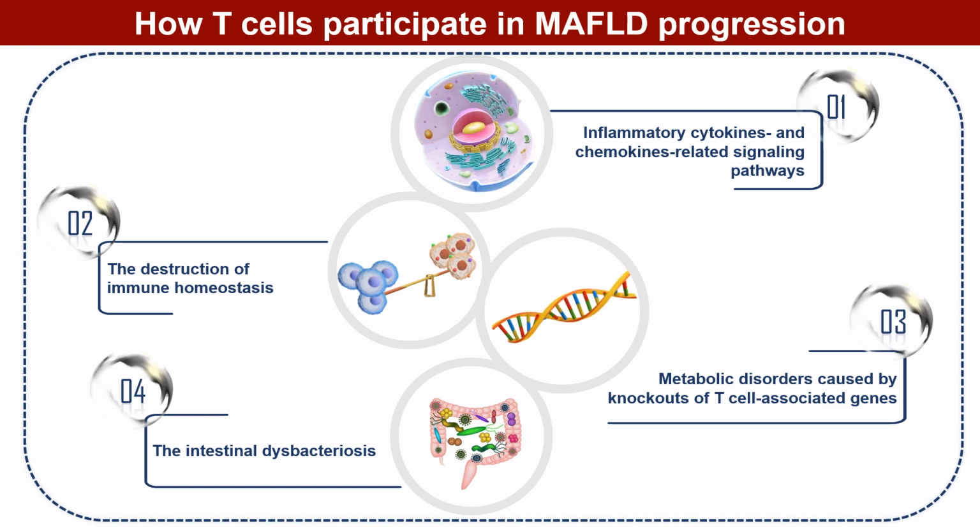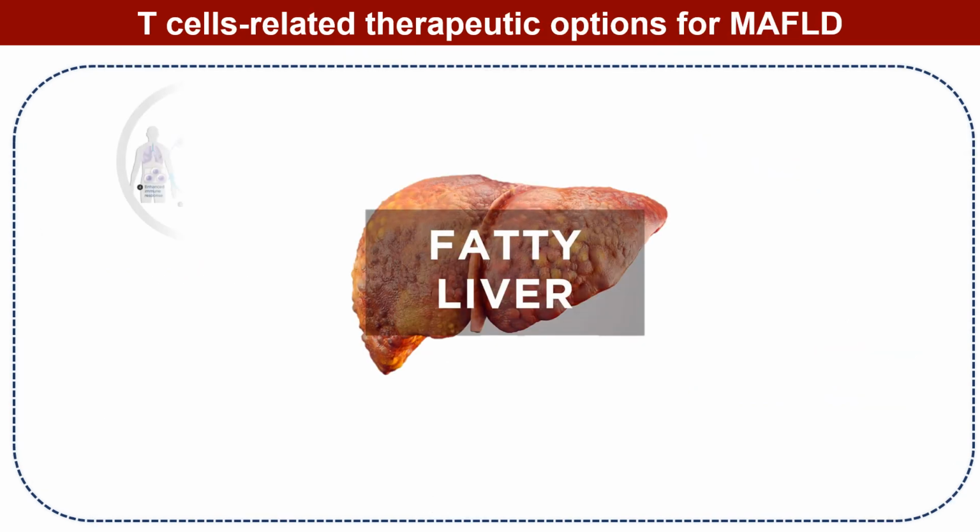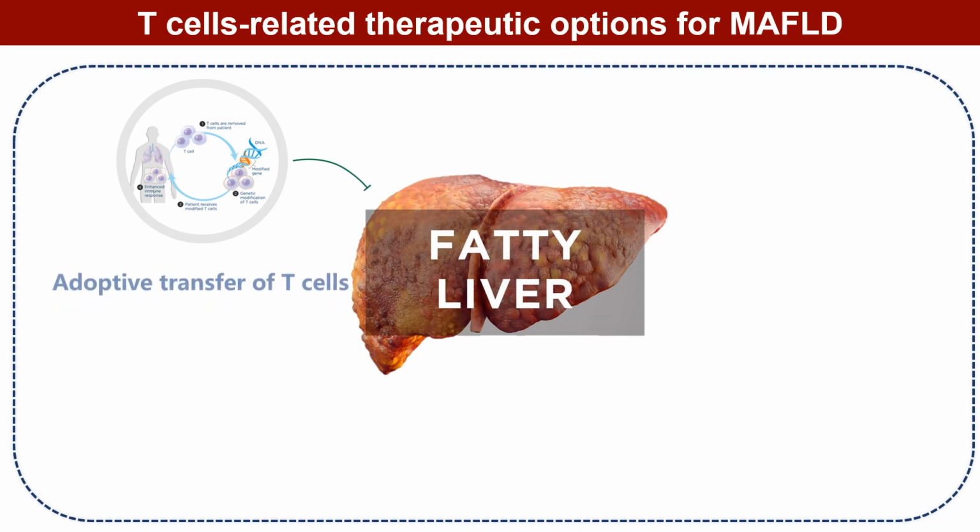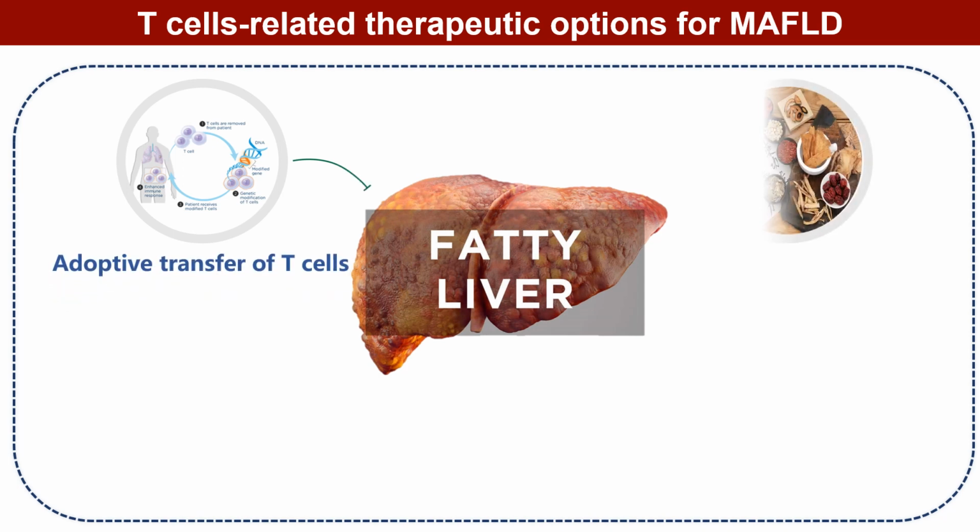Secondly, some gene knockout experimental animals were more likely to suffer from MAFLD and even have symptoms of severe metabolic disorders. Furthermore, it has been found that both the imbalance of the intestinal immune system and the homeostasis of intestinal microbes can also cause the imbalance of T cells and the dysfunction of liver metabolism. We comprehensively analyzed the interaction between MAFLD and T cells, as well as the relationship between hepato-intestinal immune crosstalk and